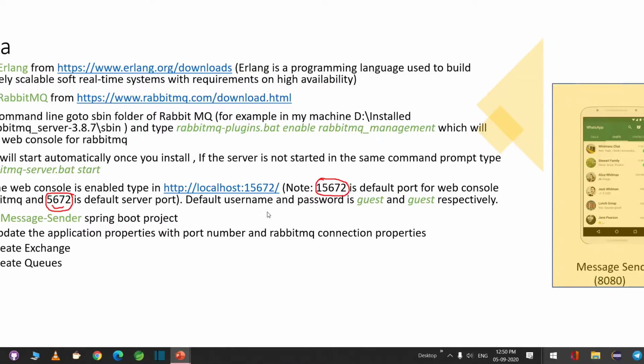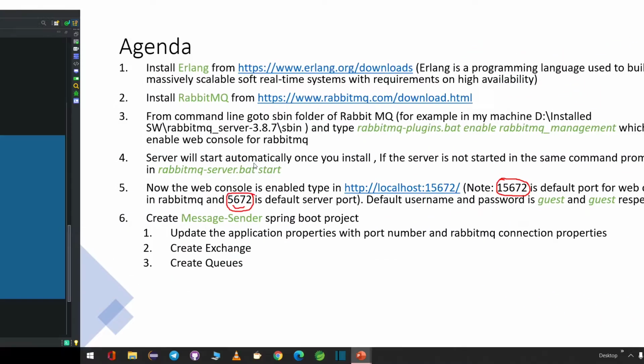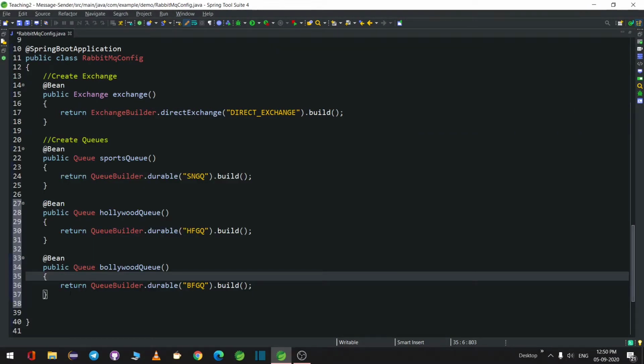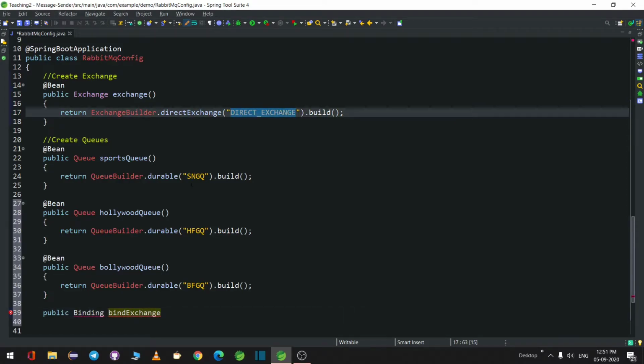Okay, this is what we have done, creating exchanges and creating queues. Now we have to bind these queues with the exchange we have created. Okay, we'll go back, we'll write another method to bind it. So public Binding bind exchange, which is what we have created, with SNG queue.